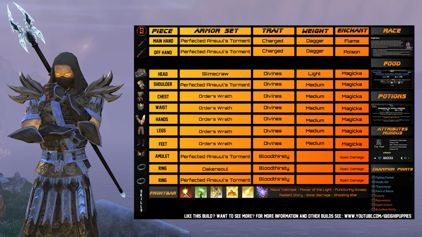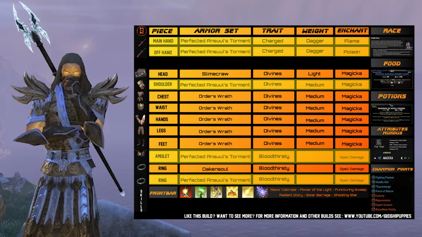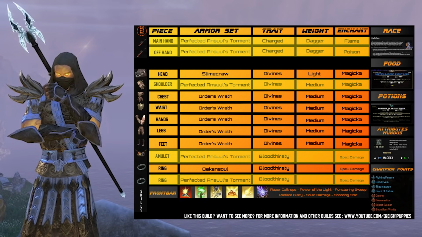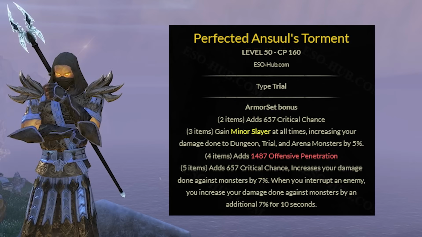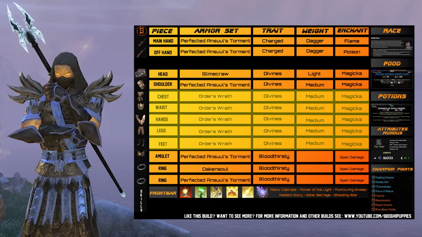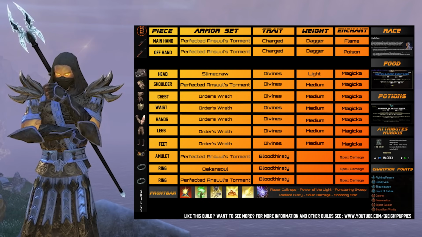For our gear, we will use Perfected Onslaught's Torment in place of Relequen as our trial set, since it is generically a meta option for AoE damage as well as single target, but also because it uniquely offers a line of penetration. We will run the crafted set Order's Wrath to primarily increase our crit damage a bit, but will benefit greatly from the crit chance as well. We will run the Oakensoul Mythic over Velothi since we are not receiving buffs and debuffs from anyone else, and